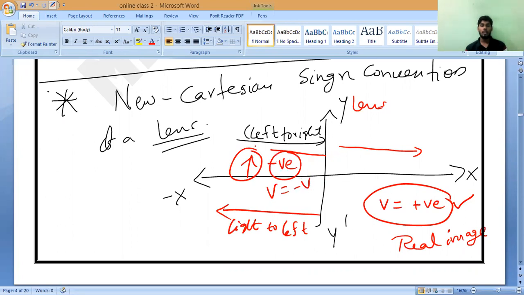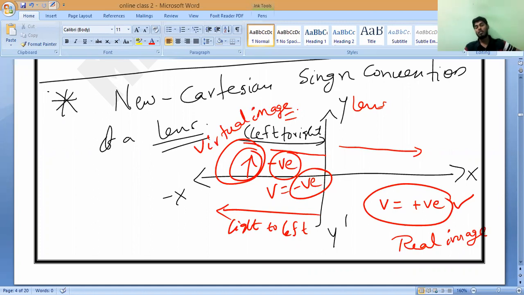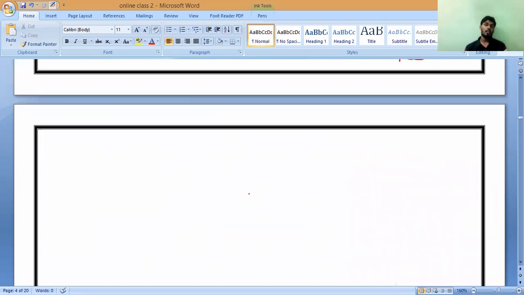And as we know, this image is called a virtual image. That is what you should remember, all of you. Will you be able to remember or not? Now, whether it is a concave or convex lens doesn't matter. I will give the sign convention of virtual image and real image. All of you note it down.